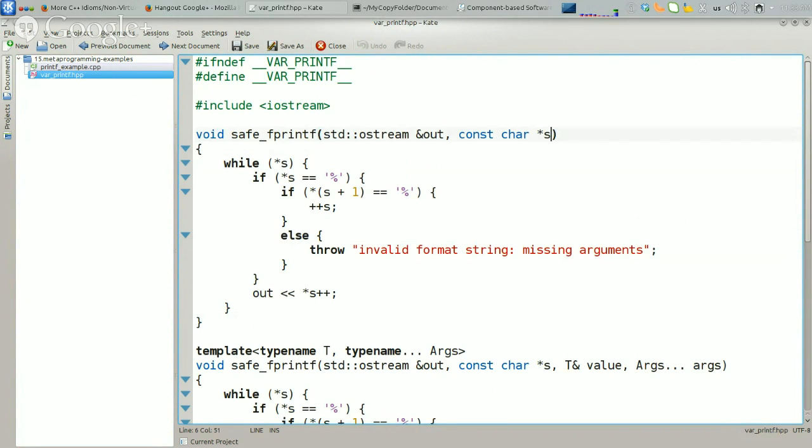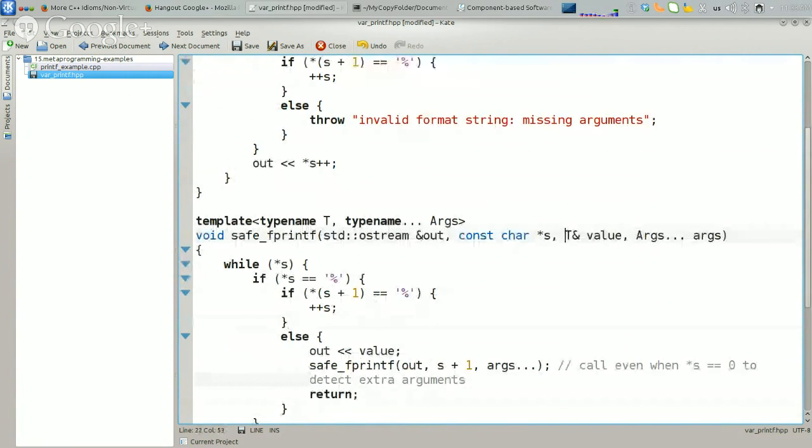Okay? So this is the base of the recursion we are going to implement. The case in which we don't have any argument following the specification of the string. Now let's suppose we have a certain number of arguments following the string. So after s, we have a certain number of arguments. And the first one is going to be t, and then we have a sequence of arguments. So we do the same. While s is different from 0, we continue iterating. If we find a percentage and the next one is again a percentage, then we just increment s and we are going to print